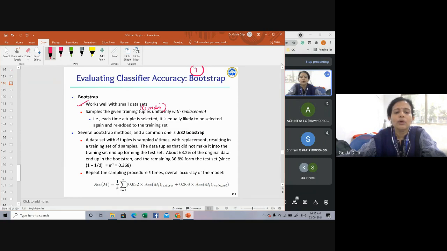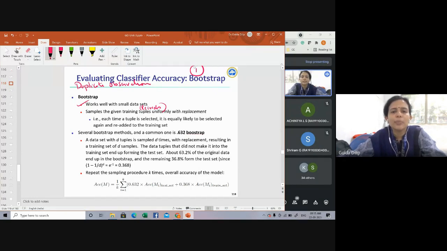For instance, just imagine a machine is randomly selecting the tuples for the training set. In sampling with replacement, the machine is allowed to select the same tuple or same value more than once. So in this bootstrapping scenario, the sample will always have duplicate observations, because it is sampling with replacement.